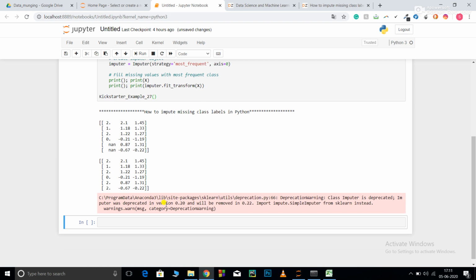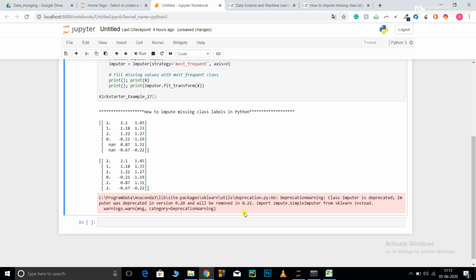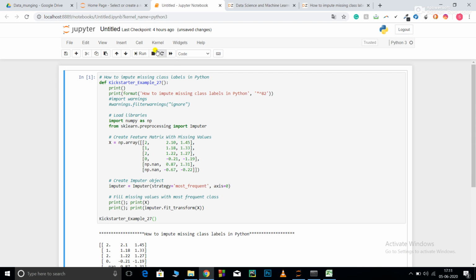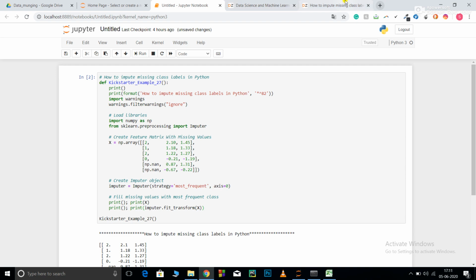Now, do you remember I was telling you about those unnecessary warnings? This is what I was talking about. This is not going to affect your pre-processing or your model at all, it is just a deprecation warning given out by your Anaconda. So in order to ignore that, I am using import warnings. You can see, as soon as I use import warnings, it removes these unnecessary warnings. Okay, so this was all about the code in this video.